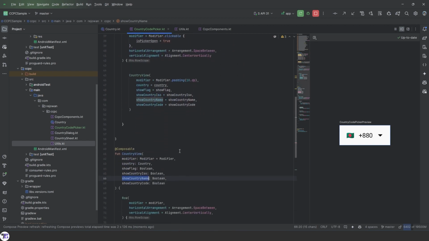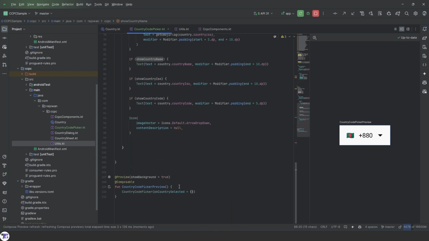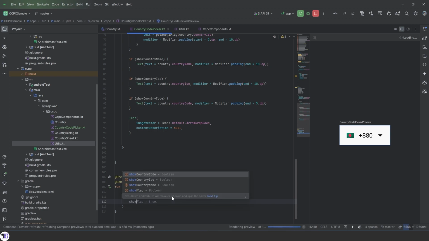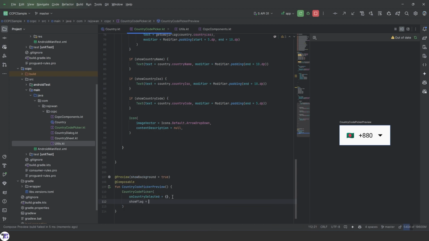Let's add this parameter to the preview, and we can show how this parameter changes in different cases. So for example, we want to make it a whole UI, so let's get the basic one first. Show flag true, show country code true. Now if you want to show the country name,